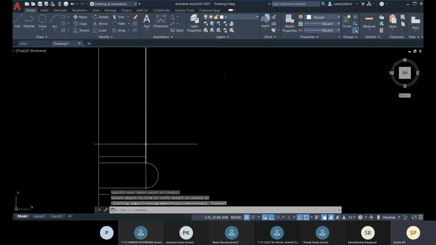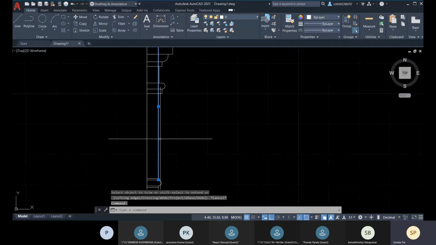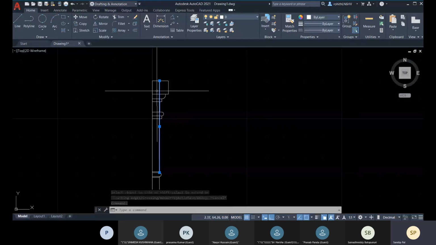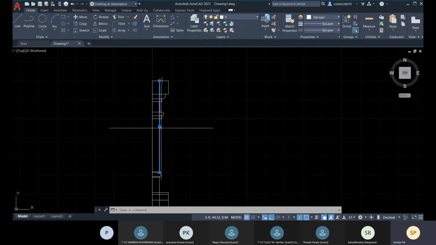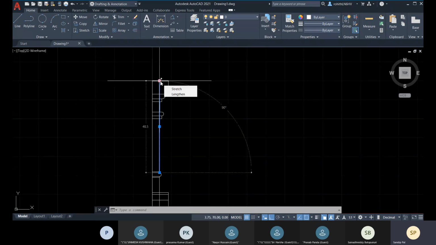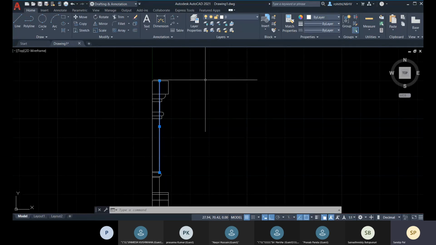And for this part, now you see that I am selecting this line, and this line has 3 grip points. Okay, so these two are the endpoints and this is the midpoint. So these are the grip points. With these grip points, you can grip this object, and this center point or the midpoint, you can change the position, you can drag it, and from this endpoint you can stretch. Stretch means you can increase or decrease the length in any direction.